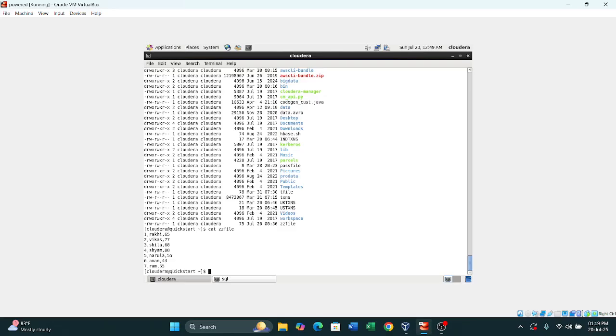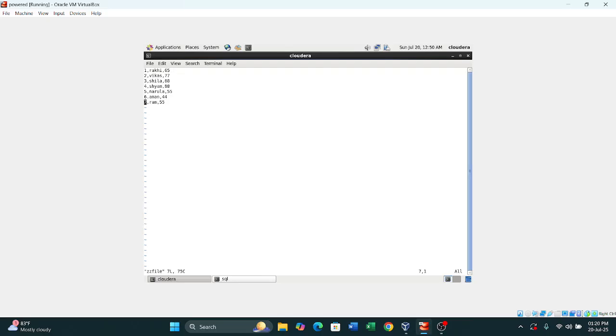But we want to edit this file. We want to edit, meaning we want to add some rows or modify. So what will we do? Another command comes in for editing a file. We use the vi command, vi, and give the file name zzfile. Now you can see after running the command, a fresh window will open. Okay, like this. Now you can edit the content here, like there are 7 rows suppose, and I want to add more rows,